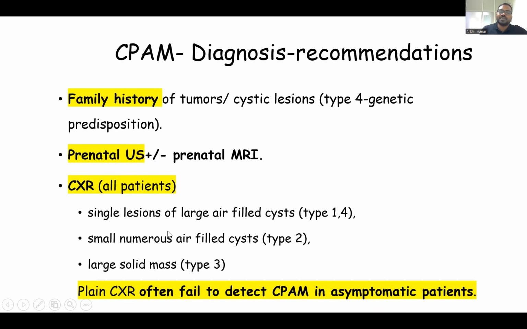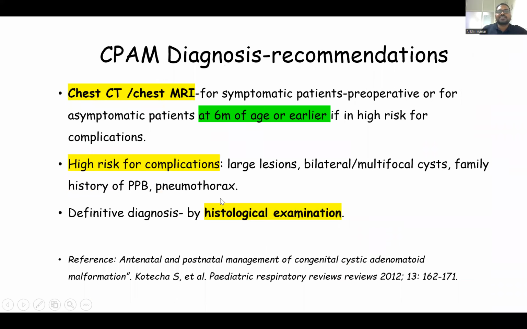A small numerous air-filled cyst will be type 2, and if a large solid mass is present, then it's a type 3. But the plain X-ray often fails to detect a CPAM in asymptomatic patients. For that, CT chest and chest MRI is needed. For symptomatic patients,